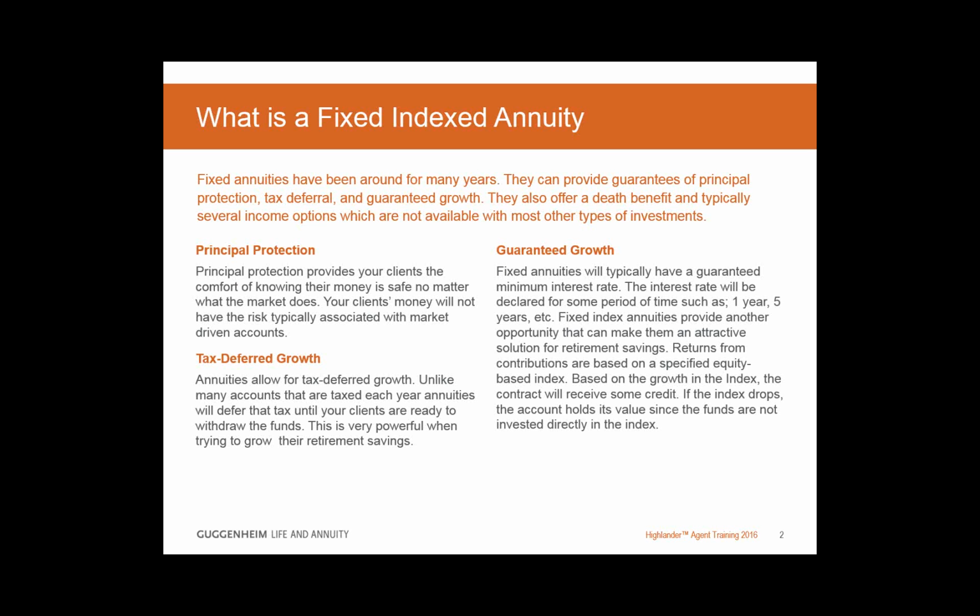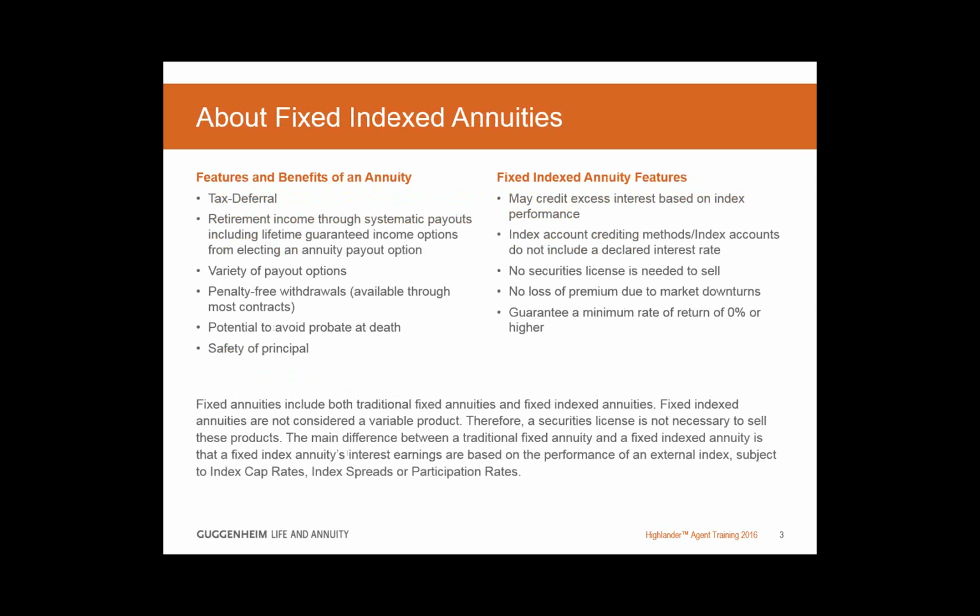So again, fixed index annuity, simple. It really offers principal protection, tax-deferred growth, and guaranteed growth for most all fixed index annuities. We look at fixed index annuities as offering some of these things that we've maybe become a little bit complacent with and don't mention to our clientele as much as we should. Thinking of annuities in general, there's the tax deferral, different payout options, and safety of the principal, and we should really hammer that down when we're talking to them. Then for fixed index annuities